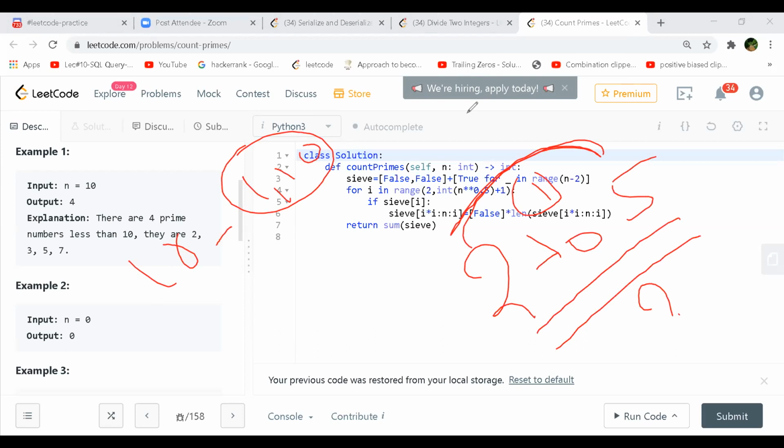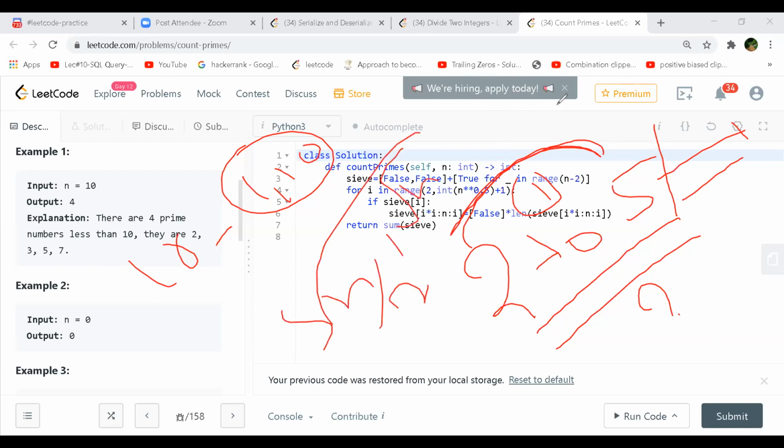We don't need to check further. The better choice here would be square root of n instead of n by 2. I may be wrong, but I think square root of n may be better. No, you're correct, root n. But sometimes I see n by 2, sometimes I see root n.